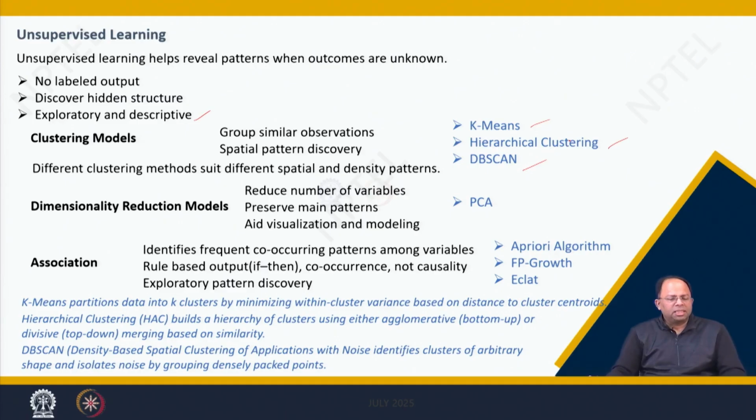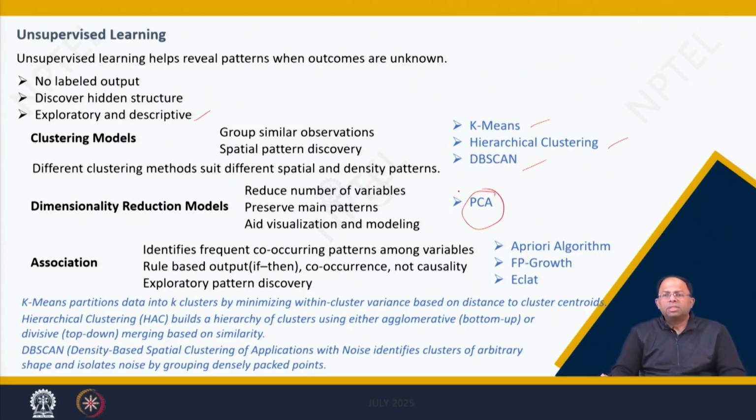Now, other than clustering models, there are also dimensionality reduction models. We want to reduce the number of variables while maintaining the major relationships of the patterns, and it aids in visualization. It also tells us very clearly which things come together and which other things among these are not that related. So those have to be grouped, and in this way we can create hierarchies or groups of how variables are together. And one main tool is, of course, PCA, principal component analysis. We will learn that in detail later.